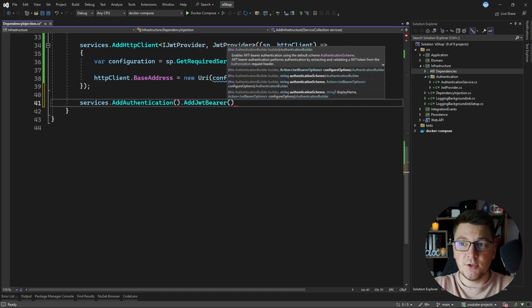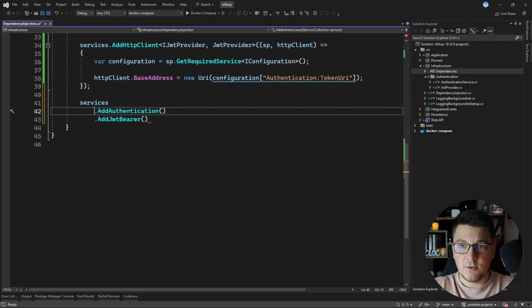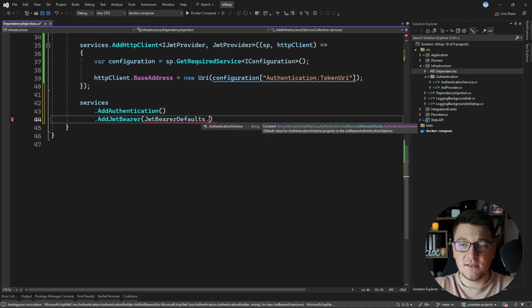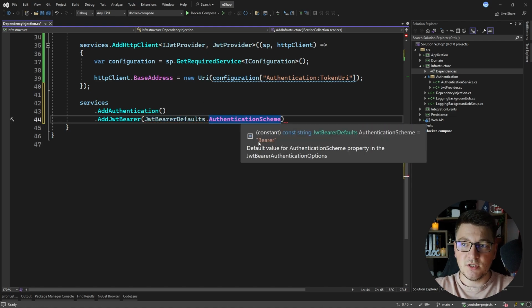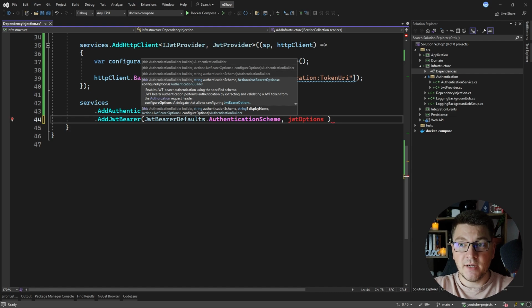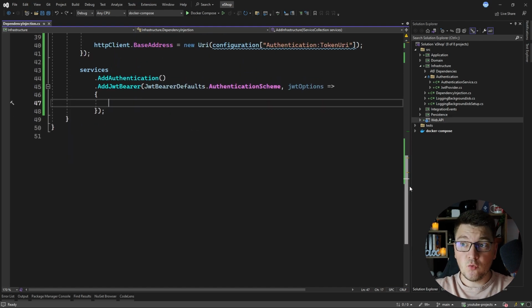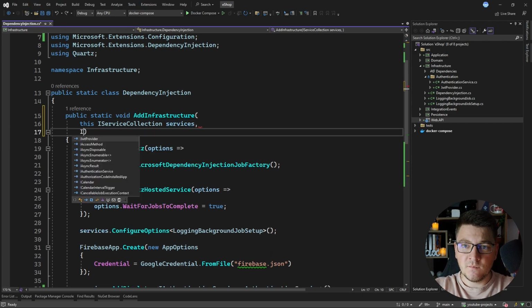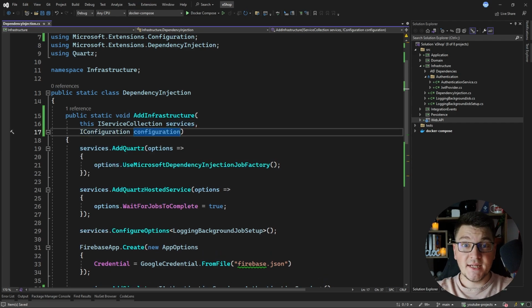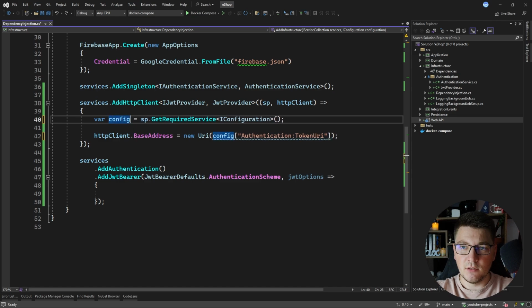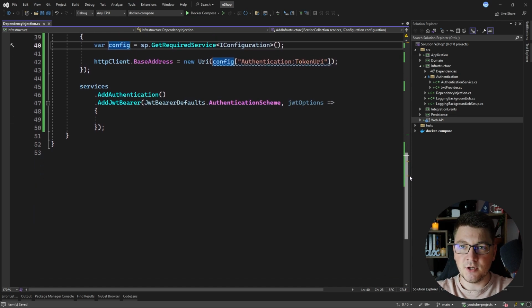Now I can also configure my authentication scheme on this method, and I'm going to say JWT Bearer defaults, and I'll pass the authentication scheme, which is going to be just the bearer token scheme. I can also pass in an action that will configure my JSON Web Token bearer options. This is going to allow us to configure some values required for authentication, and for this purpose I'm going to expand the arguments list to also give me a configuration instance so that it's easier for me to grab values from my application configuration. I'll also rename this variable so that it doesn't conflict with my configuration argument, and here